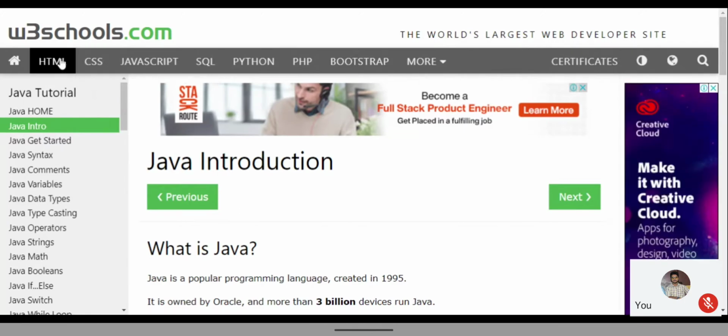If you want to create a website for something like Amazon, which can be viewed both on systems and mobile phones, you can take HTML.